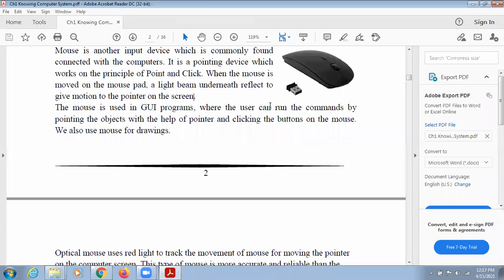It means if you have buttons and icons on your screen, then only you can use mouse. If you are using a Unix or a Linux window, then you don't have to use mouse because it will not work on your screen. So it works with only GUI programs, where GUI is graphical user interface, from where a person can easily interact.